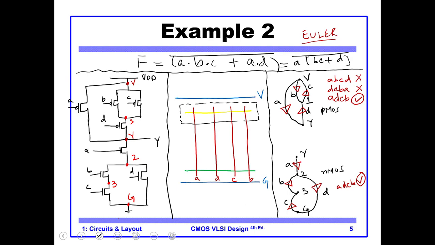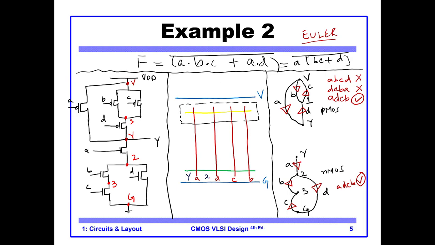Consider the transistor A. For the transistor A, on the top it is connected to Y, and on the bottom it is connected to 2. So I have to keep Y on this side, and 2 on this side,